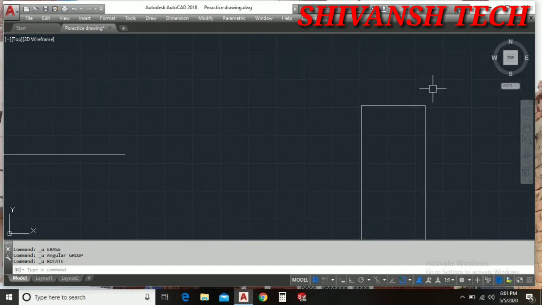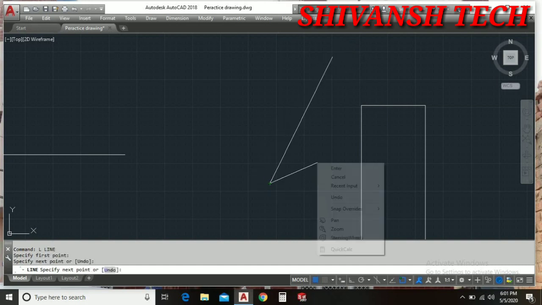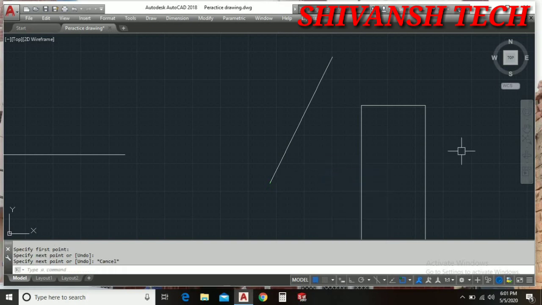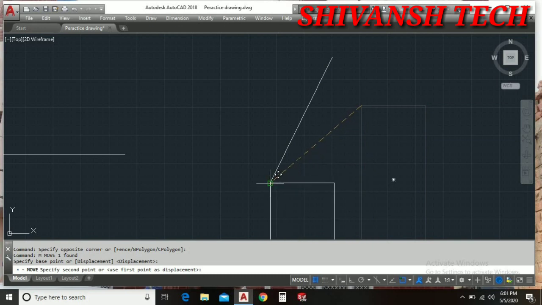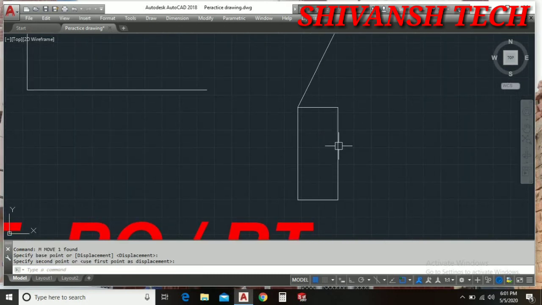and there is one more option in the rotate command. Let's draw one more line like this. I have drawn this line here, something like this, and move this object here. Alright guys, if you want to rotate this rectangle or this object in line with reference to this line, and you don't know at how many degrees this line has been drawn, you don't need to measure the degrees and then enter them here. You can directly rotate this line to this line.